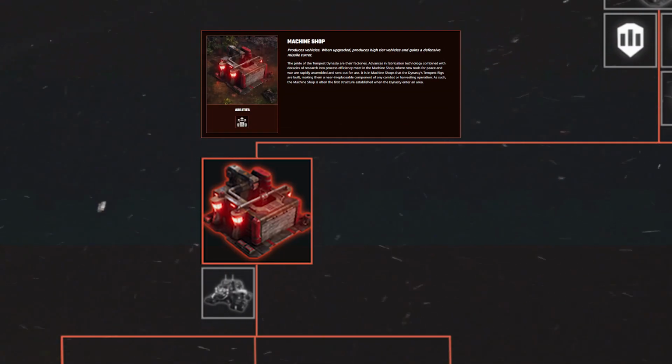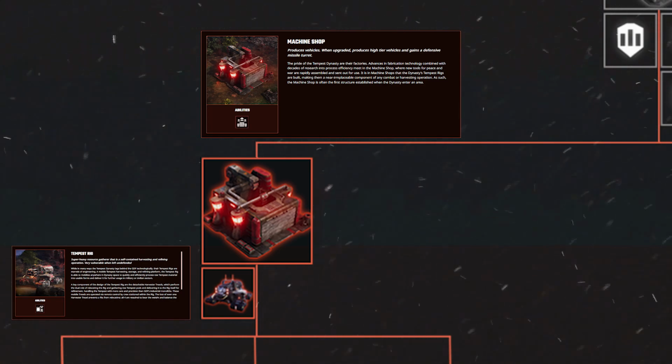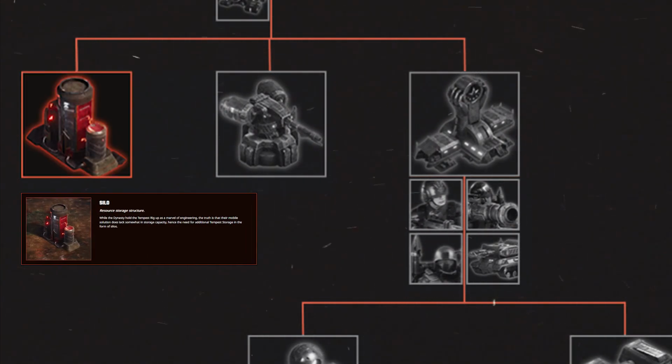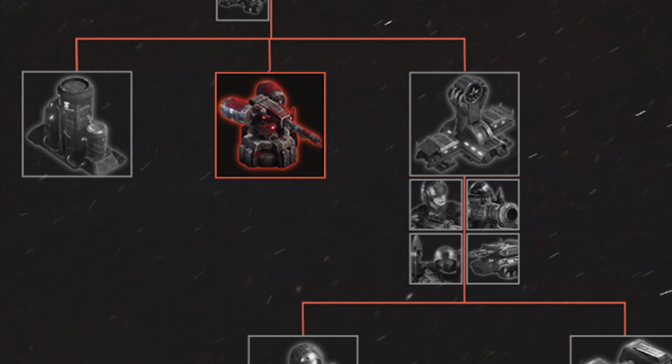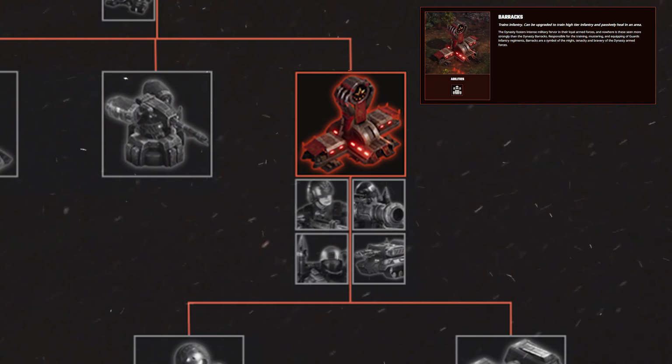Machine shop is usually the first building to place as a Dynasty tactic and gives you access to the Tempest rig so you can start gathering resources. The machine shop also has the ability to be upgraded. Once the machine shop is done constructing, you have access to 3 new buildings, a silo to store the harvested Tempest, a flame turret for anti-infantry defense, or the barracks that gives you access to the backbone soldiers of the